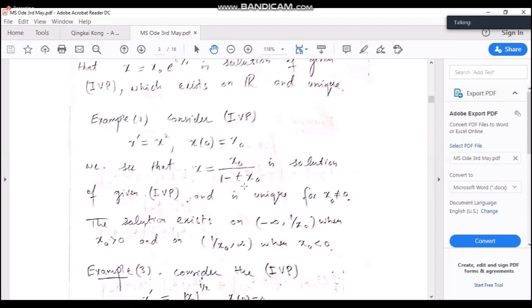But here the domain is not the whole real line. It can be divided into two parts. Like if x0 is not equal to 0, the solution exists on